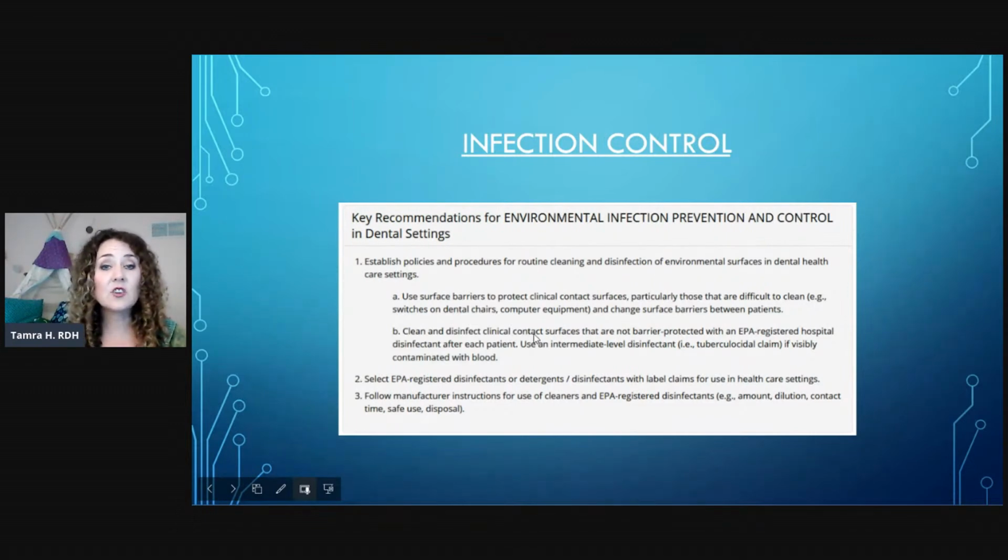Clean and disinfect clinical contact surface areas that are not barrier protected with an EPA registered hospital disinfectant after each patient. Again, knowing the kill time. If it requires 2 minutes, you've got to make sure you saturate it and leave it for the 2 minutes. Use an intermediate level disinfectant. That's got to have a tuberculocidal claim if visibly contaminated with blood. Say that one twice. Select EPA registered disinfectants or detergents and disinfectants with label claims for use in the healthcare